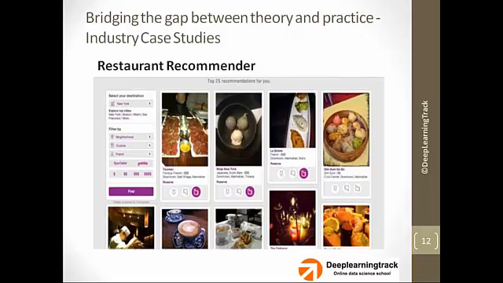Let me walk you through an example and explain what I mean by that. Here is an industry case study on a restaurant recommender. You must have seen many of these restaurant search and discovery providers like Zomato and Yelp. They provide personalized recommendations of restaurants to customers based on customers' likes and dislikes. You can see one such example here where it says top 25 recommendations for you. If you recall, this is very similar to the product recommendations that you get on Amazon when you go and buy something there. So it's on the same logic.